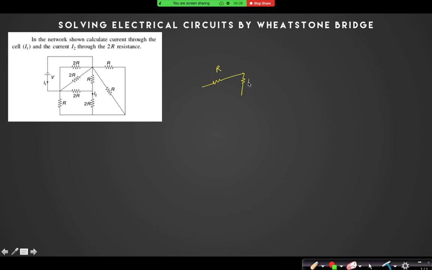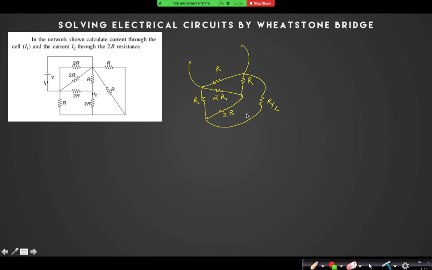এটা টু আর, এটা আর হয়ে গেল, এটা আর হয়ে গেল। Now this is 2R. You have to see where I am applying the battery. I have applied the battery across these 2 points. Right? This is 2R. This is R. This is 2R. This is R. This is 2R. And can I say that these two resistors are also in parallel? Yes, sir. So it is R by 2. Yes or no?